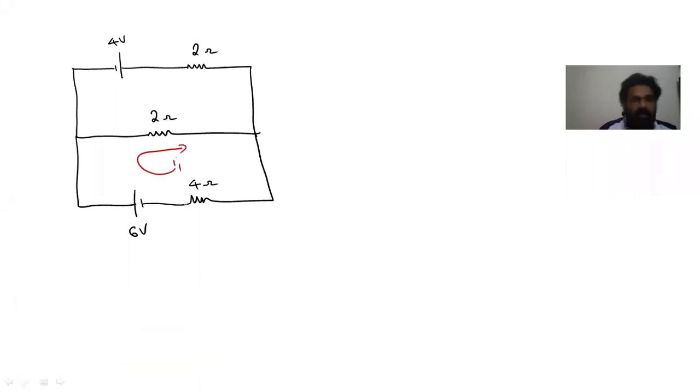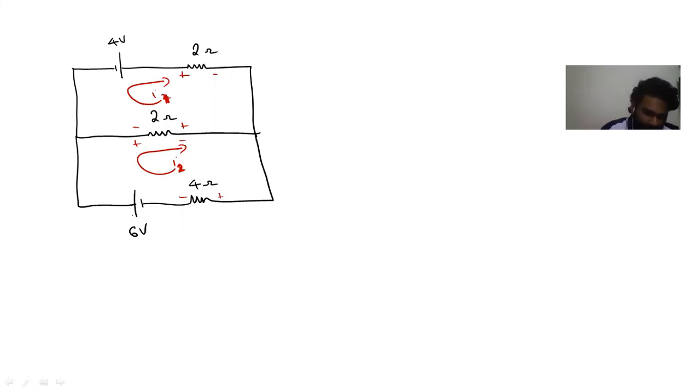I considered current I1 like this, considered current I2 like this. So we will take in the way they have taken. This is I1 they have taken, and this is how they have taken I2. If we consider like this, I1 is flowing like this, plus minus, plus minus. Here I2 is coming like plus minus, plus minus.